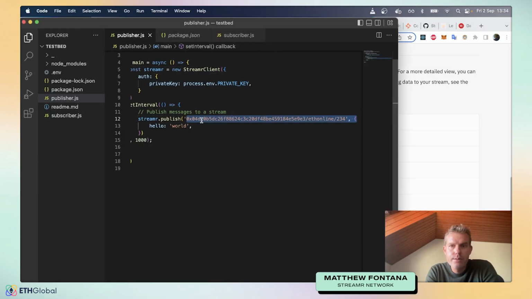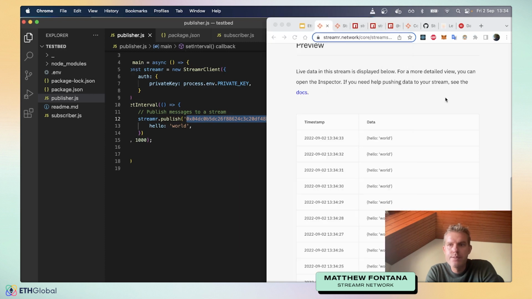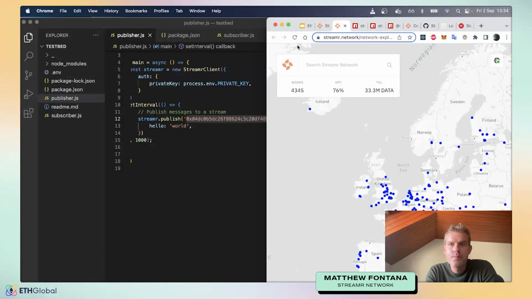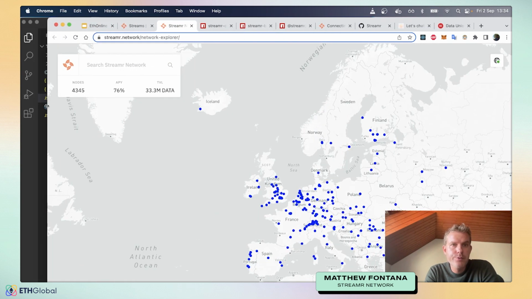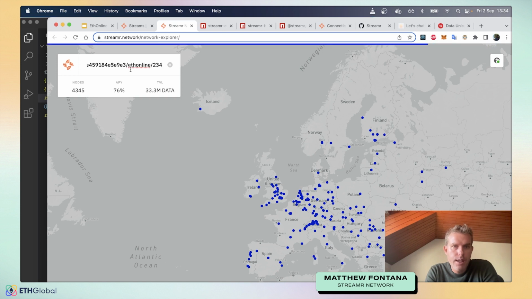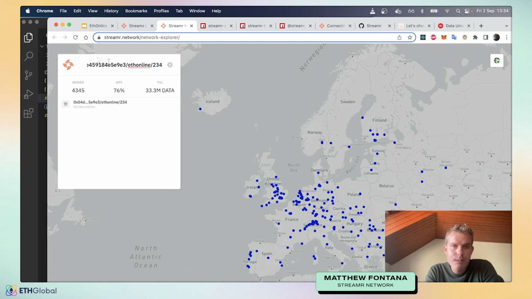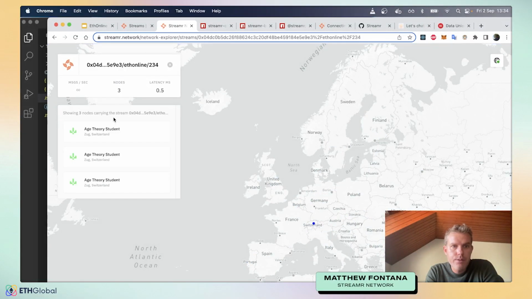So the next thing I want to show you is that we have a network explorer. It's sometimes useful for debugging and sanity checking. It's at streamr.network/network-explorer. I can simply paste in my stream ID, and I'll click on the first returned result, and it shows